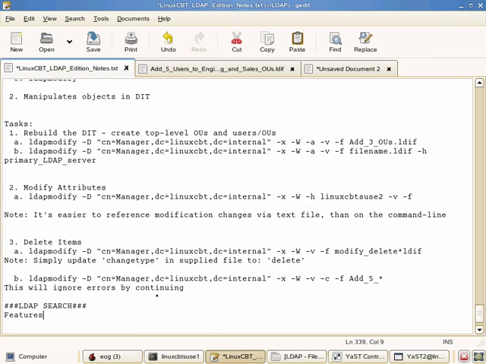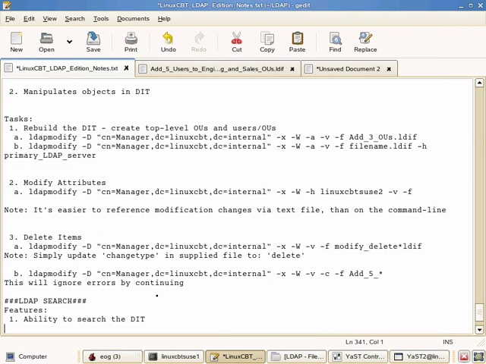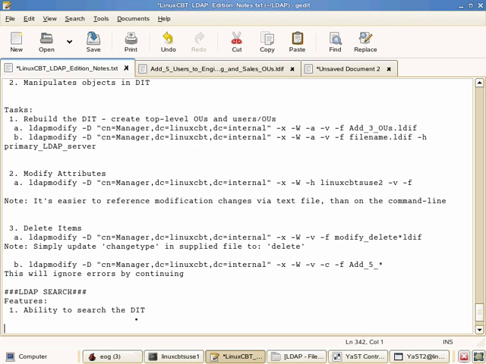And it features the ability to search the DIT. It is a command line or shell-based tool, and knowing how to use it will give you insights into how graphical tools such as LDAP Browser and others operate, since they merely call LDAP search. It also supports,